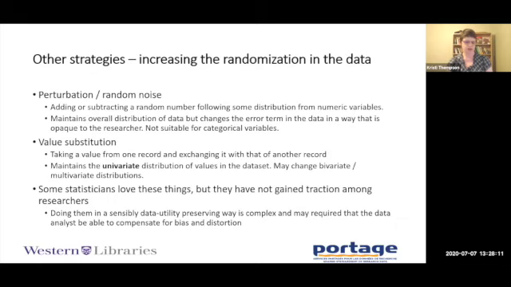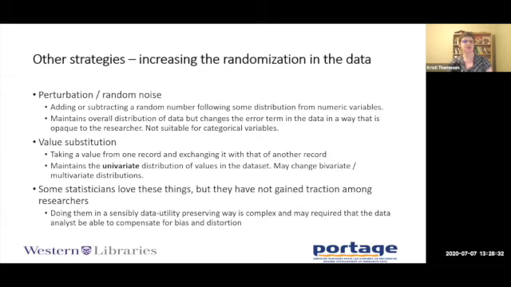The other big one that is used for categorical variables is value substitution, which means taking a variable from one record and exchanging it with that of another record. This maintains the univariate distribution of values in the data set, but can introduce other errors and may change bivariate or multivariate distributions.